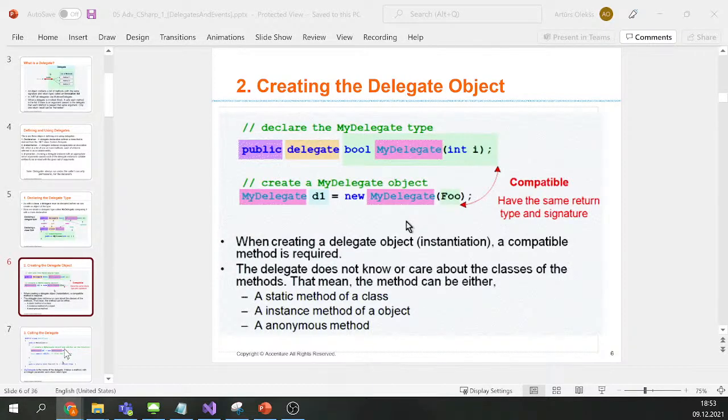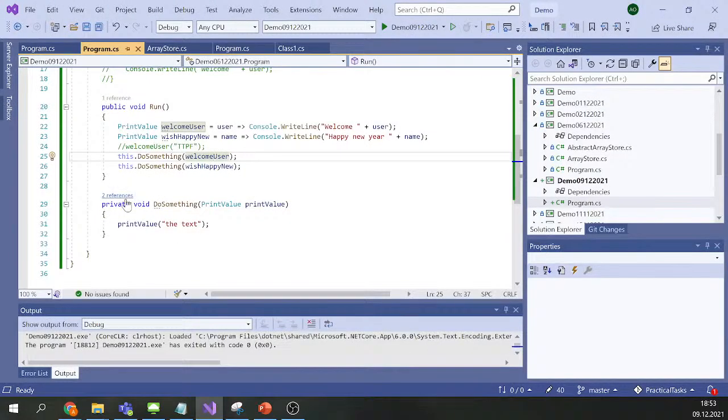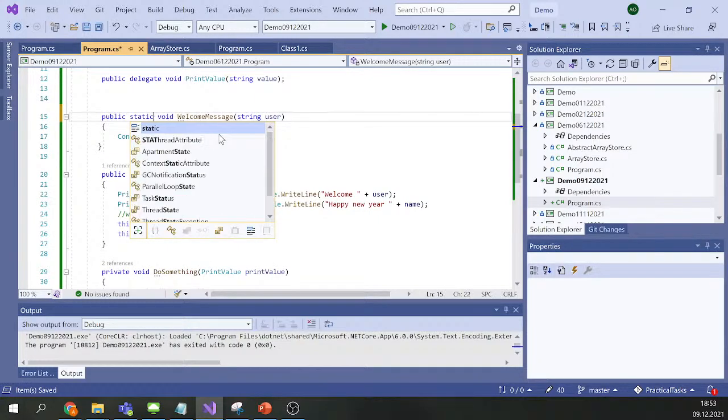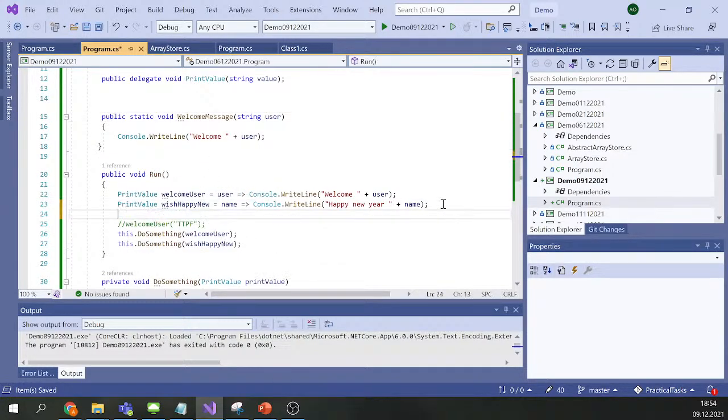So yeah, delegates do not know or care about the classes of the methods. The method can be a static method. Yeah, that's also true, but again, at this point, in this case, let's say, I mean, this can also be a static method. So let's say print value,